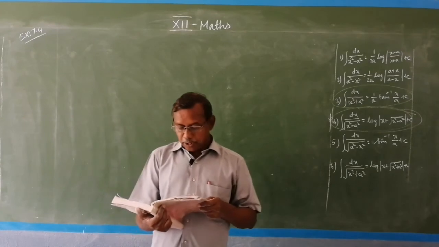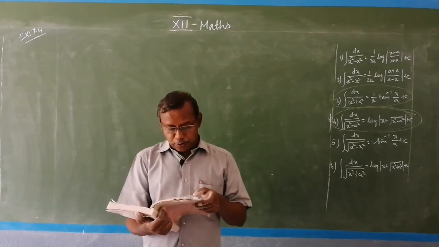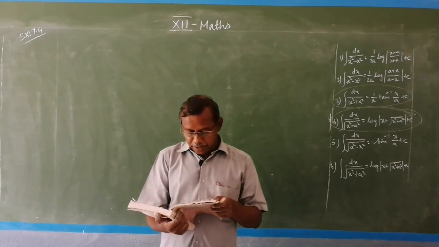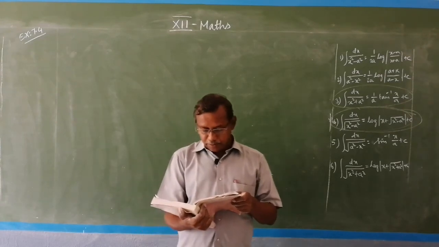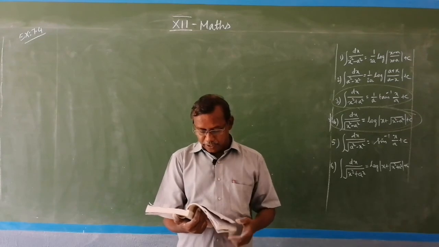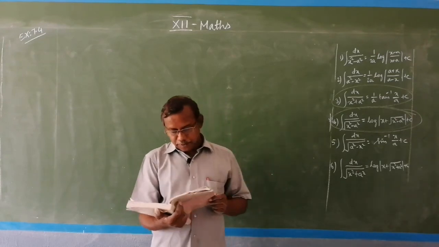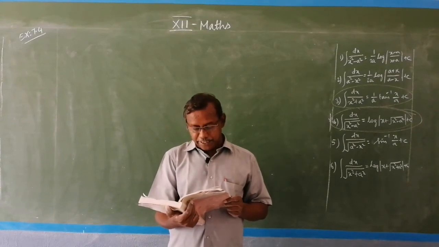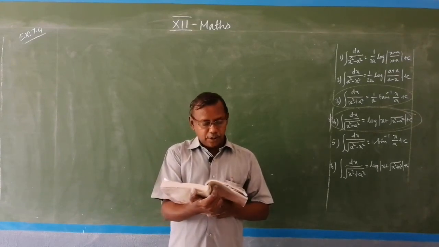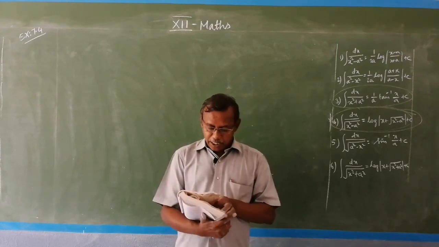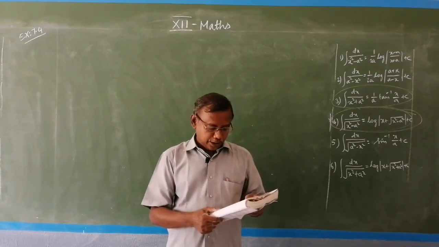Question numbers 22 and 23 are of the same type. 22 can be solved using the method of 18 and 23 can be solved using the method of 19, what we have done now. So, both are easy problems. Follow the same method of 18 and 19 to solve question numbers 22 and 23. So, these two are homework.